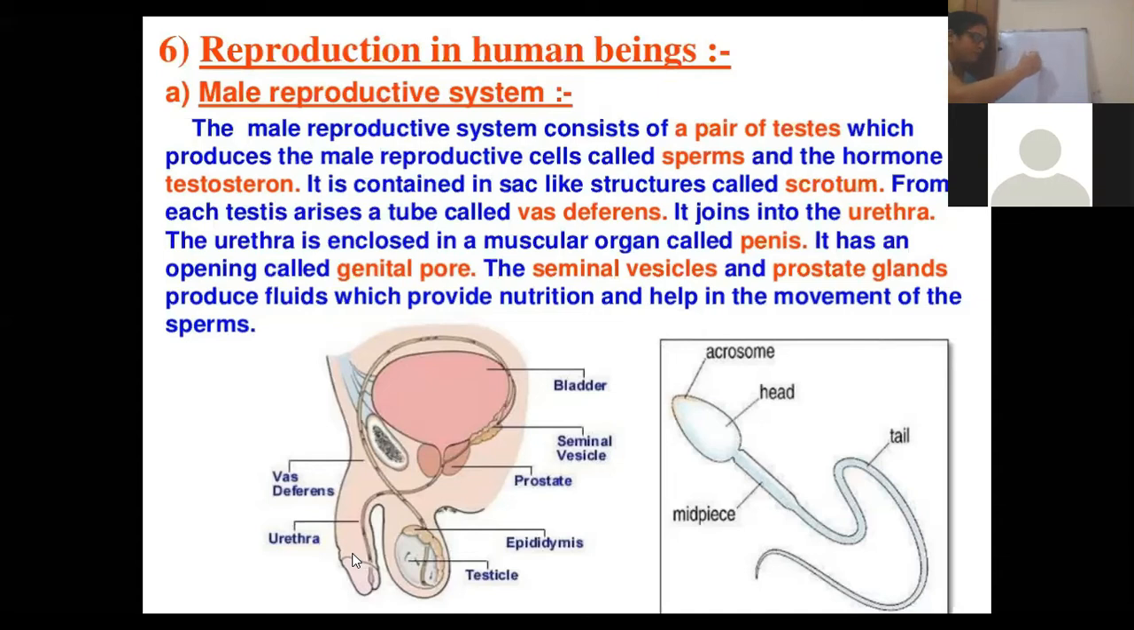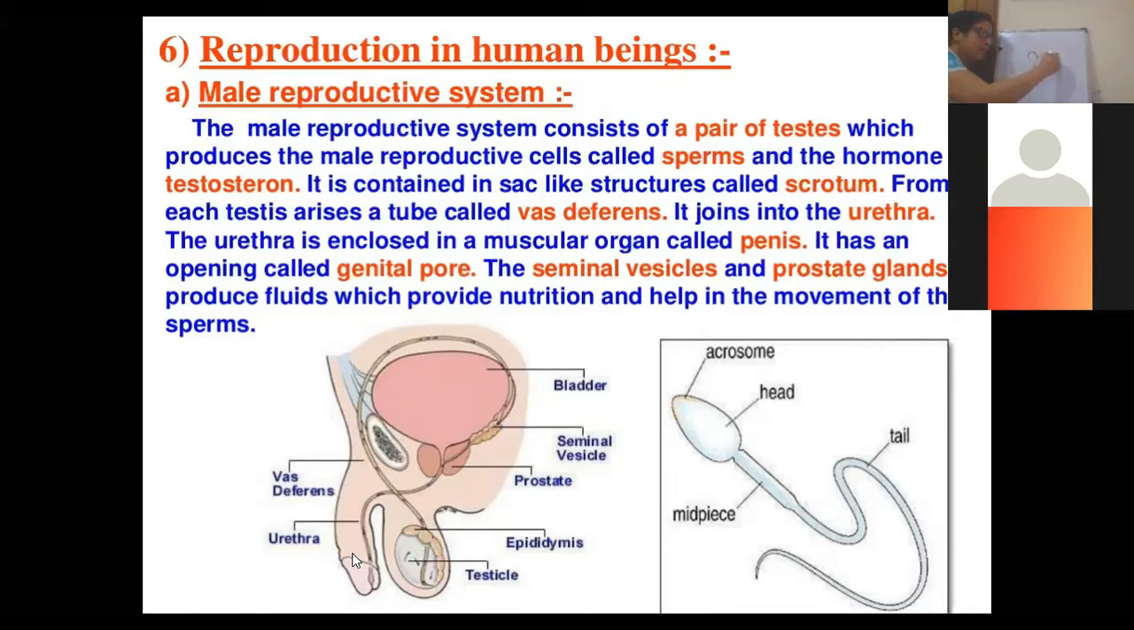I am going to draw it on the board also, so that you can see there in the sperm there is the head-like structure, and mid-piece, and there is the tail-like structure. It is the tail which keeps on wagging, which keeps on moving, which helps in the movement